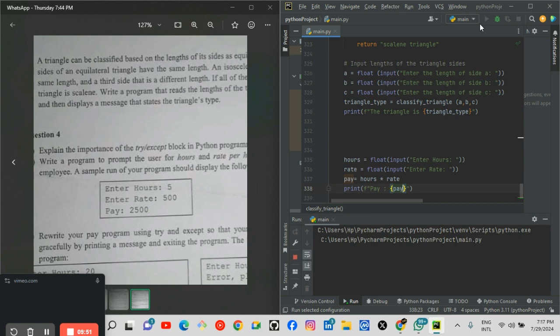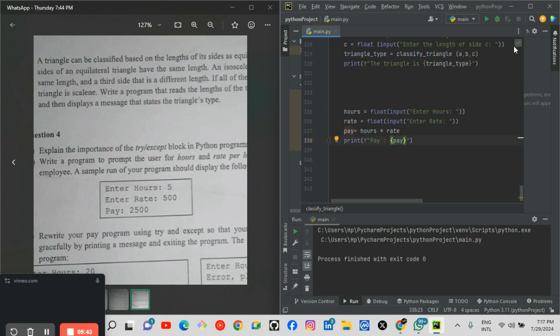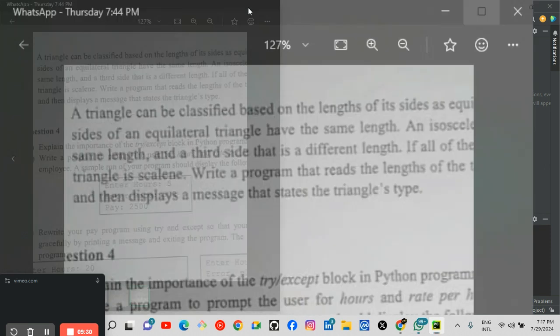So let me see. It is still giving me the same grade, but so far it is actually taking the color green. Definitely our code is correct. So this is basically the answer for this. Then the next question that is given to us, let me expand it for us to see.